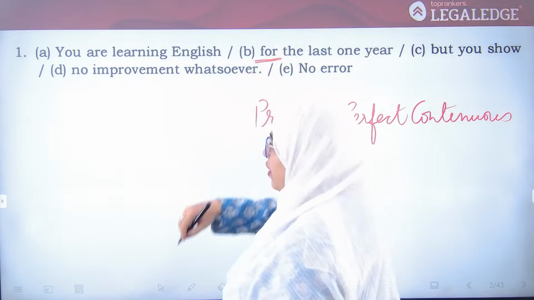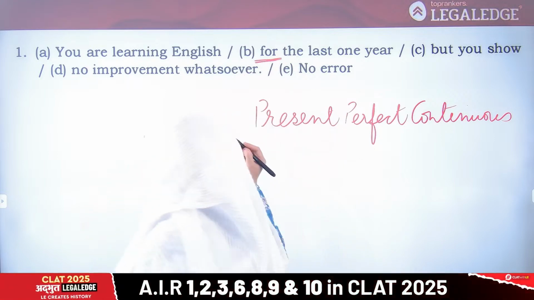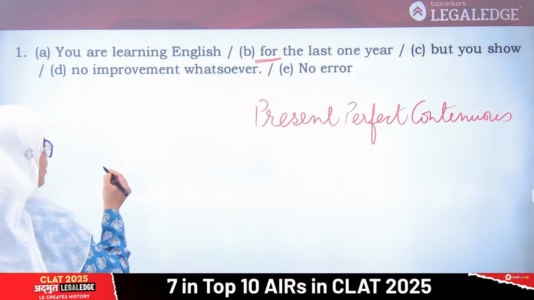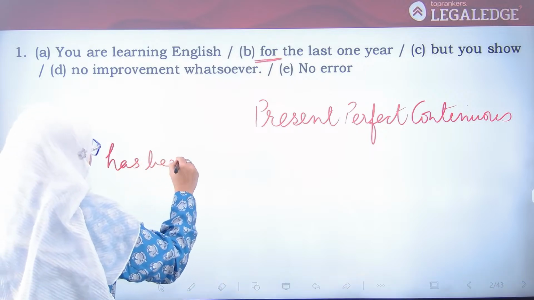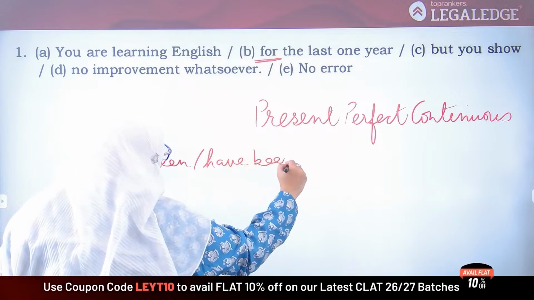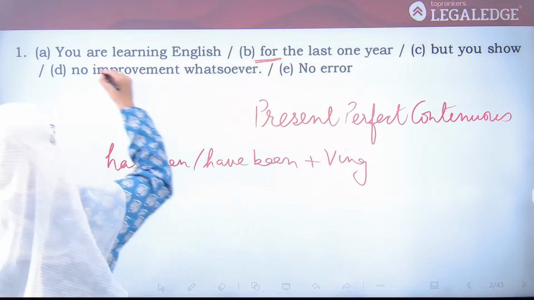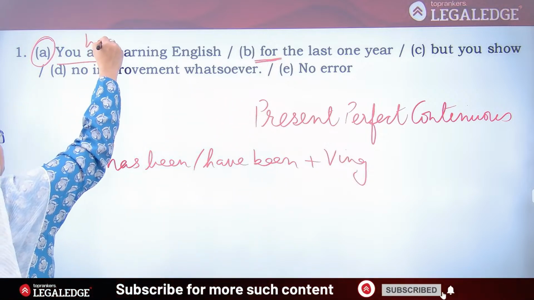So whenever we have words like for and since, the rule says for present perfect continuous tense: has been for singular, have been for plural, plus verb in ing form. Erroneous part is A. You have been